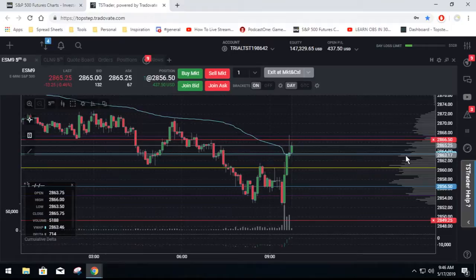It was more or less a value trade on the open, but we were looking for